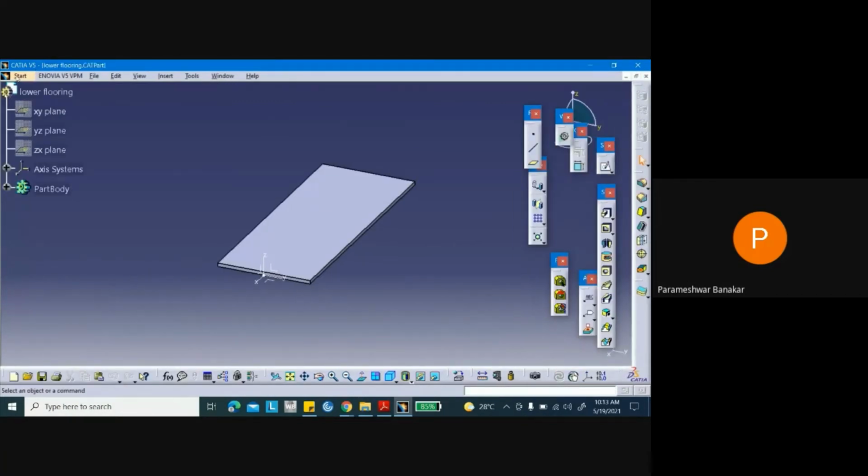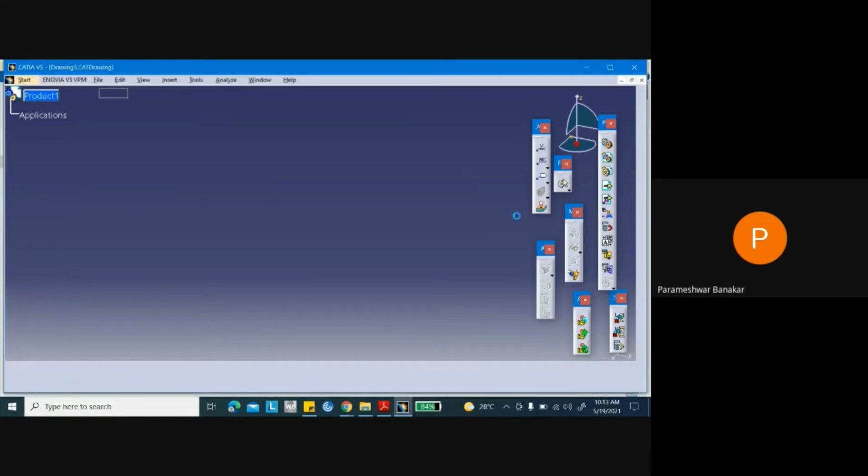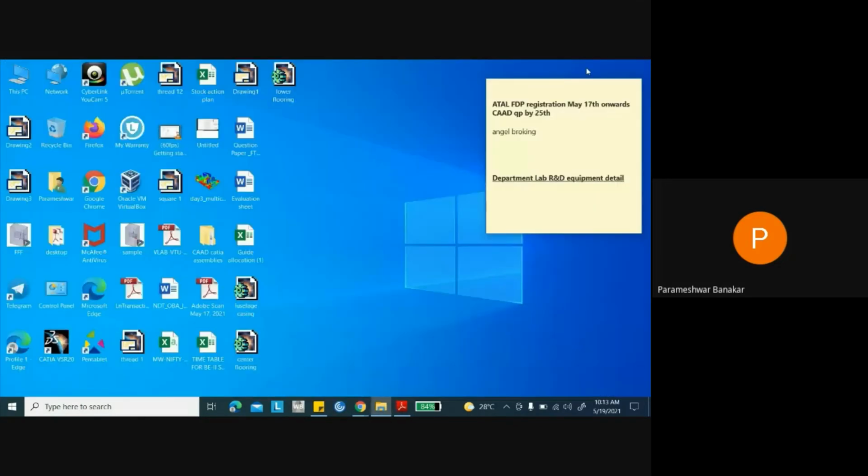Wait, once again I will open this assembly design, existing component. A window should open. Okay, I'll close this. Once again I will open a new CATIA, because it's not working. Let me refresh CATIA.